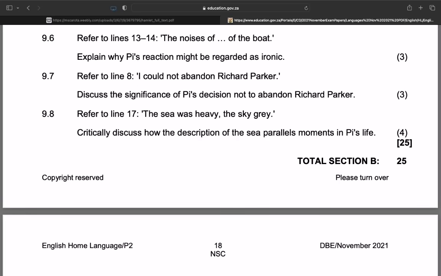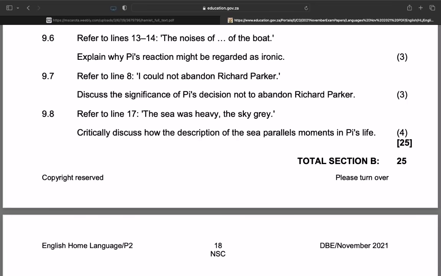9.6, refer to lines 13 to 14, the noise of ellipses of the boat. Explain why Pi's reaction might be regarded as ironic. Okay, so again, you have to go up and read. But the answer here is that, number one, it's ironic because Pi spent most of his time on the lifeboat,